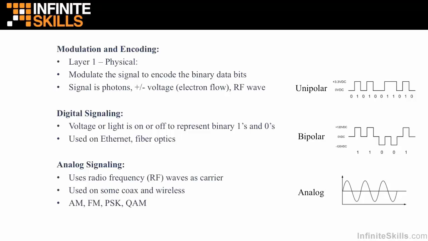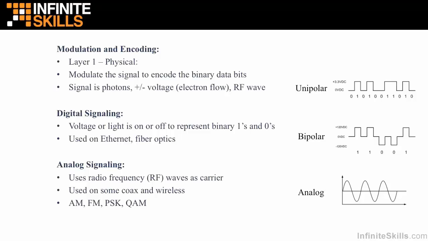Now, the third modulation and encoding scheme that we have here is analog signaling. So we had two digital signaling schemes, unipolar and bipolar. Analog signaling uses radio frequency waves to conduct its modulation and encoding to get its binary data tucked into this radio frequency signal. Now, analog signaling, as we said, uses radio frequency waves, which are electromagnetic, and they can propagate